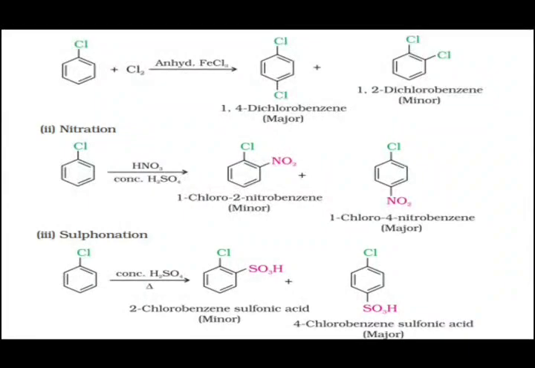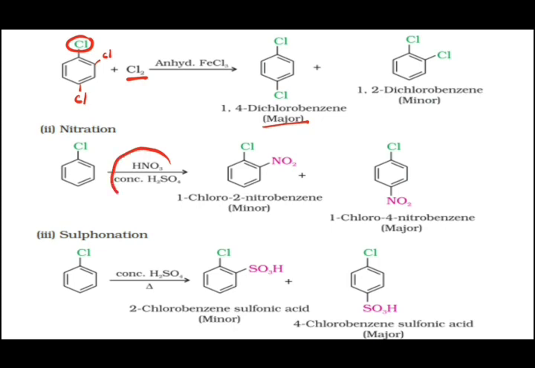Now, some electrophilic substitution reactions which we have studied in class 11 are Friedel-Crafts acylation, Friedel-Crafts alkylation, halogenation, sulfonation, nitration, etc. These 5 reactions we discussed in class 11. Now, what happens when we see chlorination? We know that this chlorine is ortho and para directive. That means in the product this chlorine may attach here or here, and the para product will be major because of less repulsion, as I already told you.